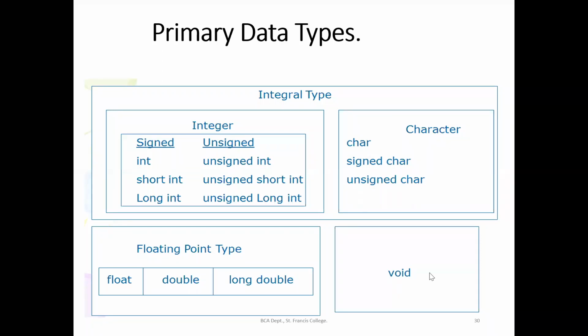And the last data type is void. We had seen in the beginning, when we were using main, I showed you when we are not having any return type, we will mention it as void, right? Void means nothing. So if we are not returning anything, we will not have any data type. Those which do not have any data type, we will mention as void.